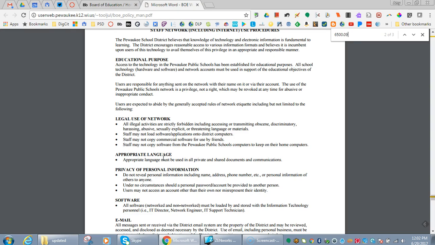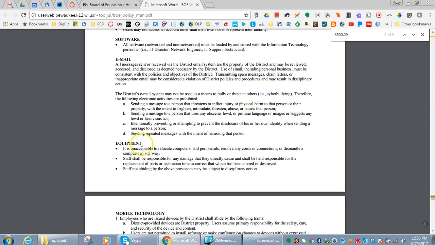Staff network procedures. Again, it's all district technology and related uses for educational purposes. One of the things that I'm going to call your attention to in this procedure area is the equipment section. We ask that you not relocate any equipment,